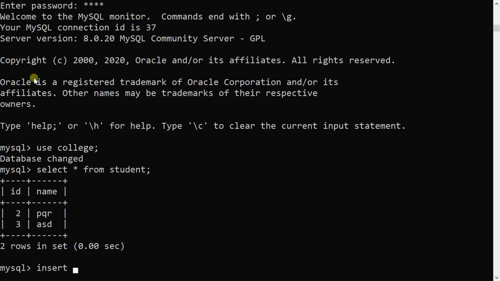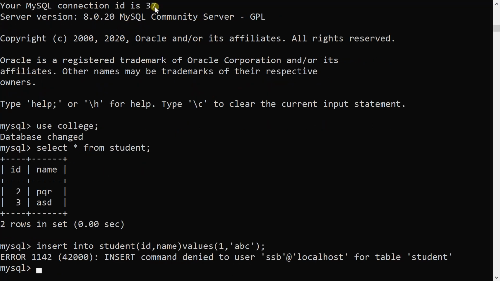If I insert a record into the student table, insert into student id comma name values 1 comma abc, it fails, because the insert operation is revoked from SSB, right?